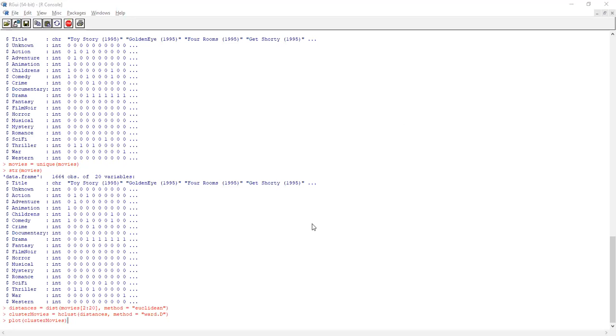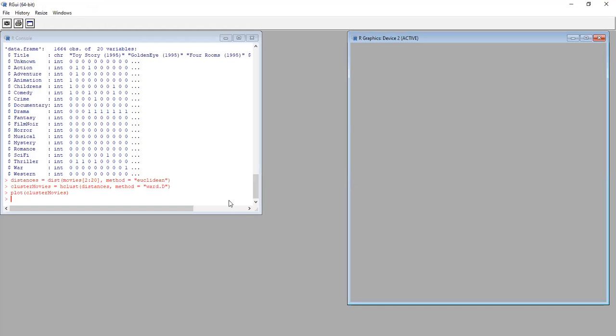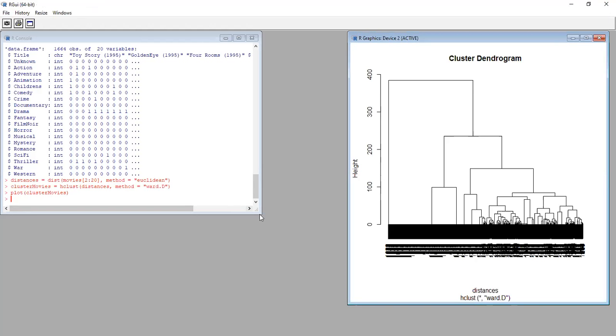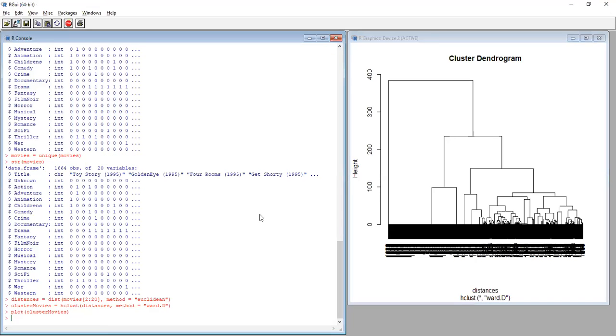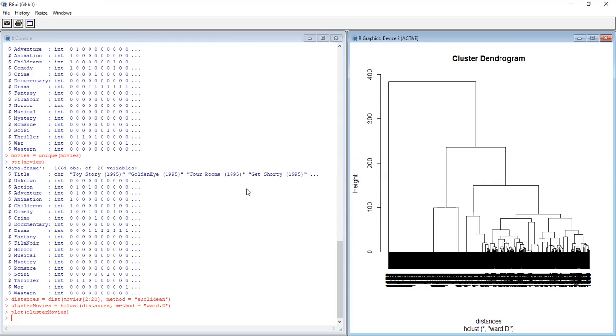You type this and enter, and a separate window will open. This is called a dendrogram. You can save this also if you want. Once you're ready, let me know. I'll proceed to how to interpret.